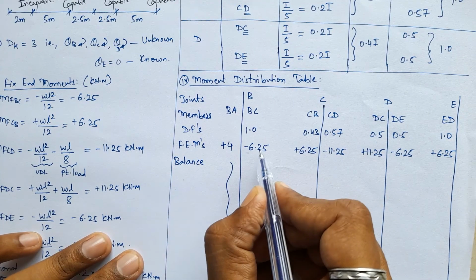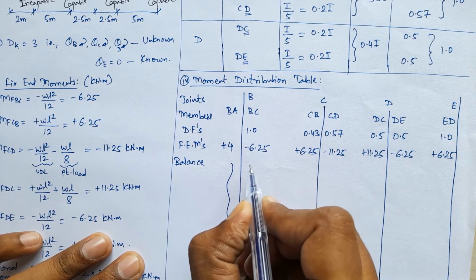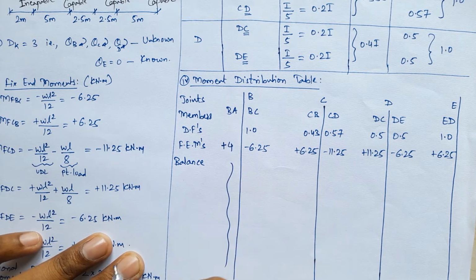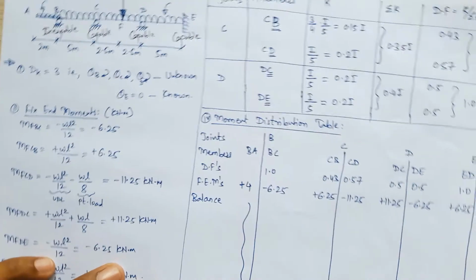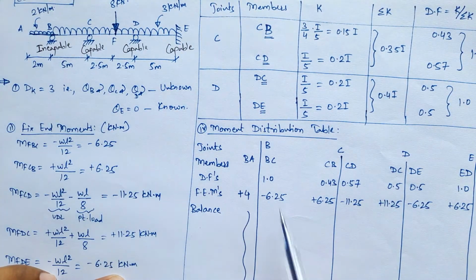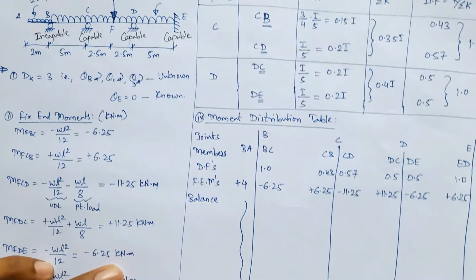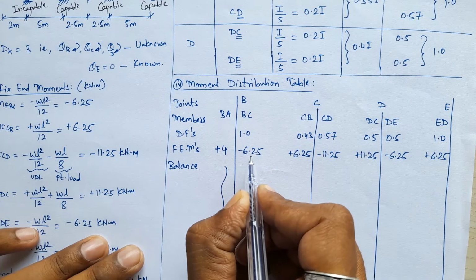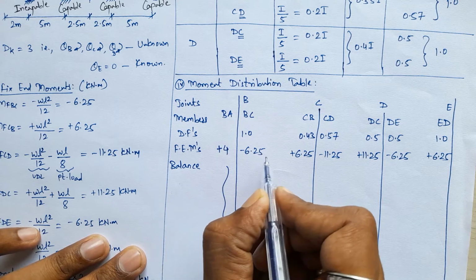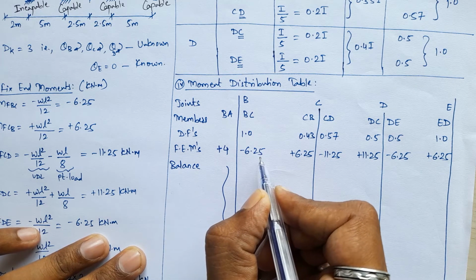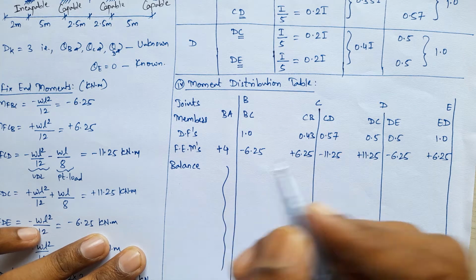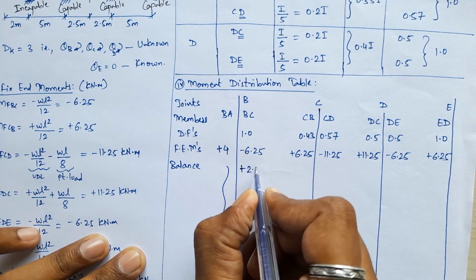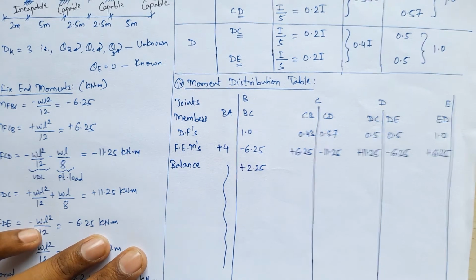So what will get changed? The minus 6.25: if you make this moment 0, that is plus 6.25, this moment will get changed. Your 4 must remain constant, and your other moment must become 0. So what will be my balance moment? That will be equal to 4 minus 6.25, that is a total magnitude of minus 2.25. So that 2.25 I have to make 0. So I will write here a balance moment of plus 2.25.